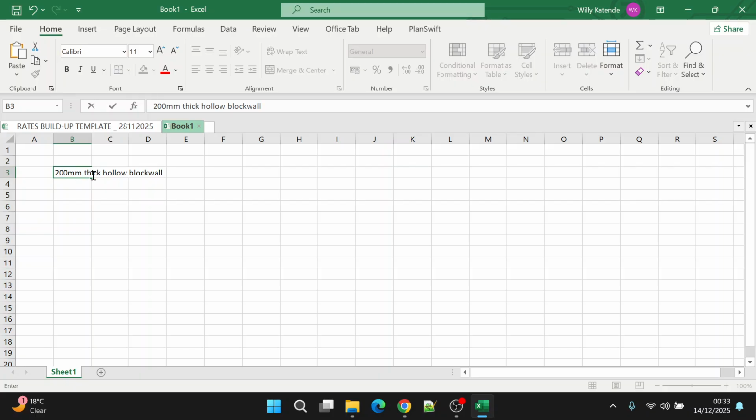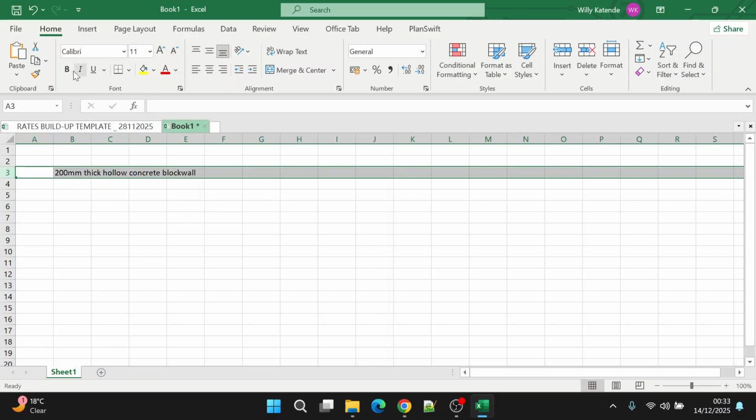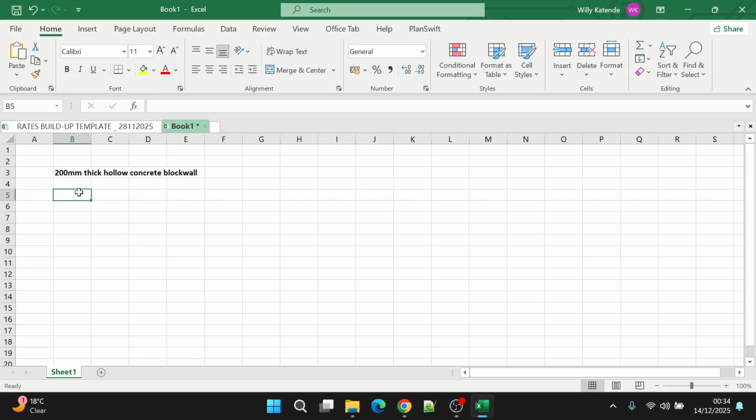wall, hollow concrete block wall. So if you're going to estimate the number of blocks in this type of wall, it's a hollow concrete block wall. First of all, we need to come up with the quantity of the wall. Of the block wall,